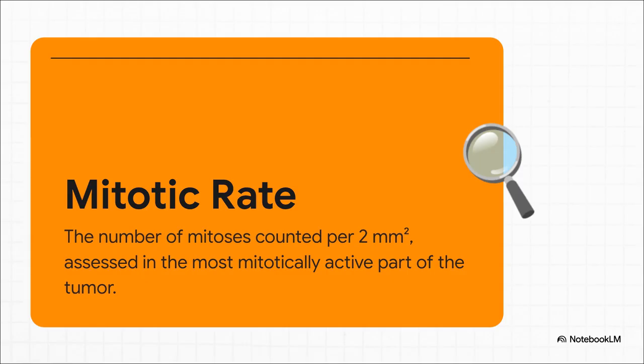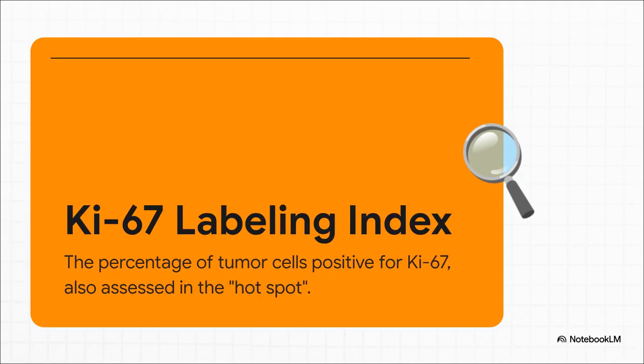This makes sure you're reporting the tumor's worst-case scenario, its maximum growth potential. Our second tool is the Ki-67 stain. And the principle is exactly the same. This stain lights up cells that are actively in the process of dividing. So again, you're not just getting an average. You scan the slide, find the hot spot with the most brown staining nuclei, and you report the percentage from